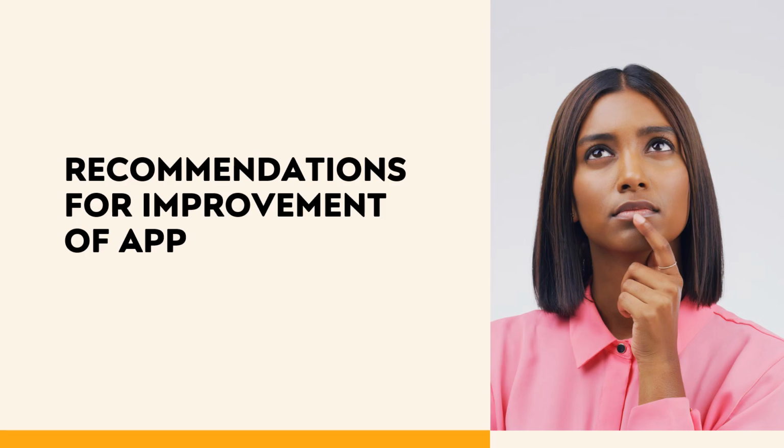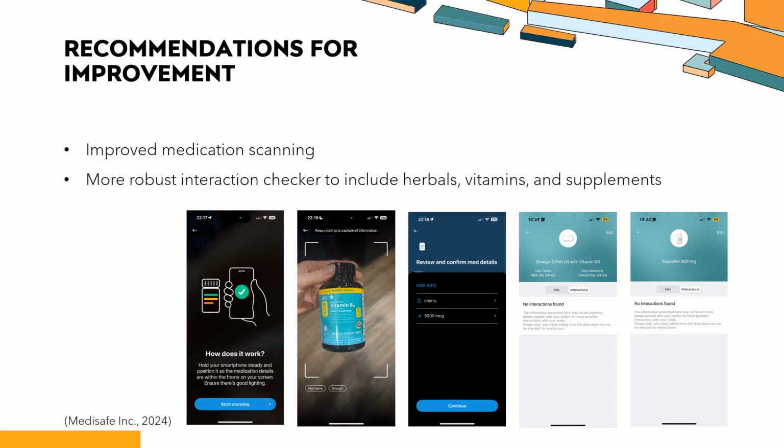Lastly, let's review my suggestions for improvement. Improving the Scan Your Med feature would be my first suggestion. The feature was inconsistent and unsuccessful in adding a single medication or supplement for me. Occasionally, it would sense the name of the medication or the strength, but never all the information I presented. This leaves the user with having to manually input all their medications, which can be time-consuming and increases the risk